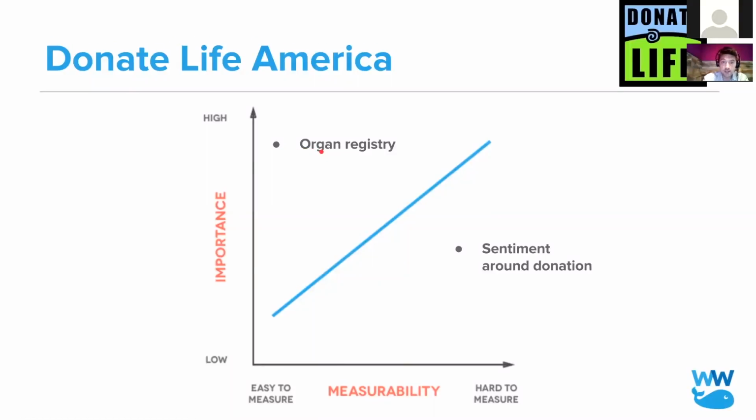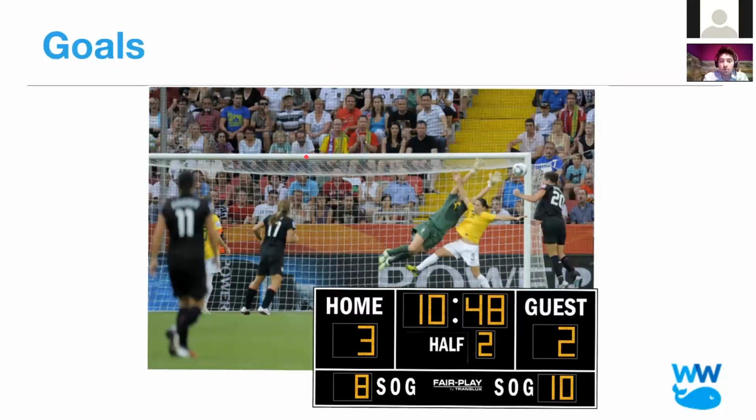And this is why this metric matters. They can track this online. So organ registry and how many people are actually clicking into that form, this is what they care about. And you know what? Down here, just as an example, it matters less about the sentiment around organ donation, frankly, because they know most people agree with it. It's just a matter of finding and activating around this form that matters.